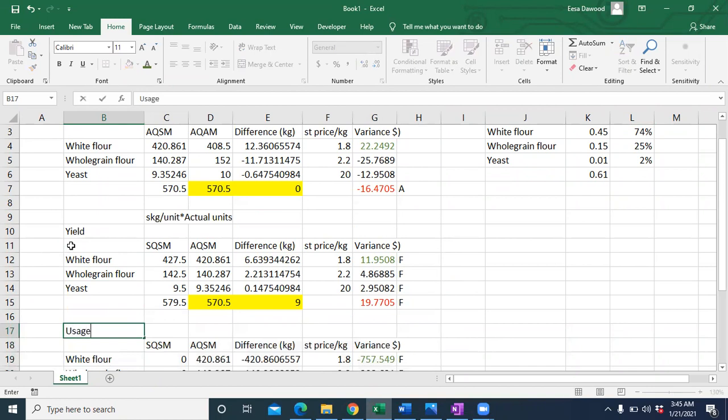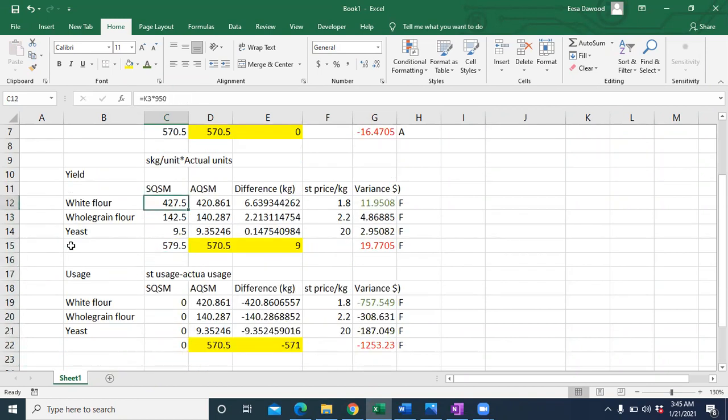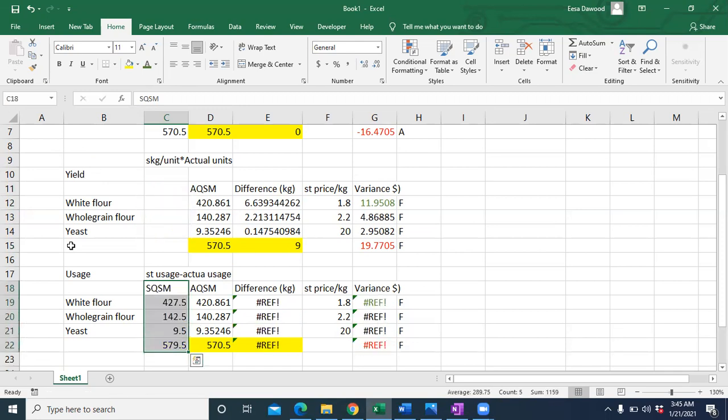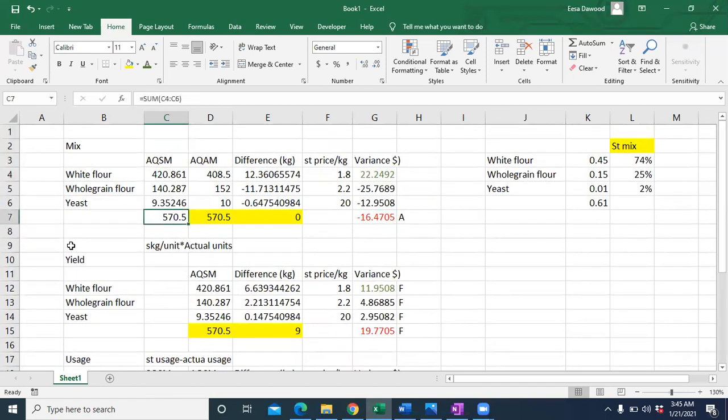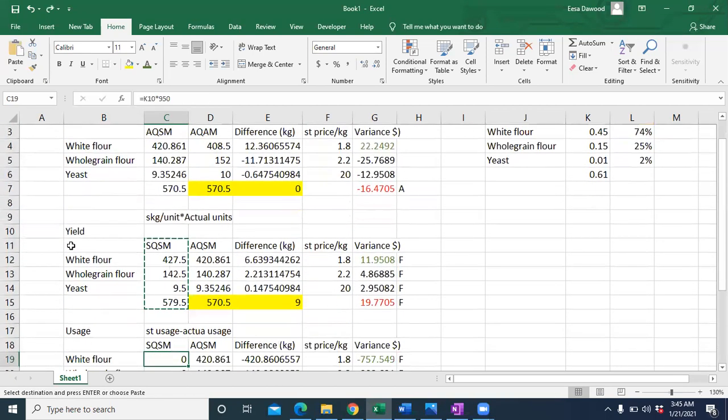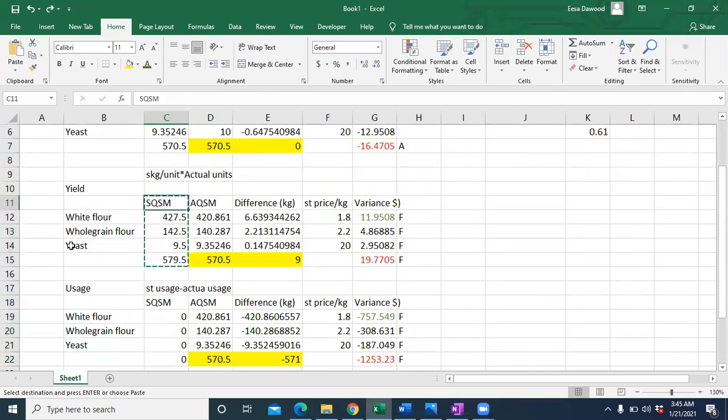This will be for usage variance. What is the formula for usage variance? It is standard usage minus actual usage. What do you think the standard usage is? Isn't this the standard usage? Yes. The first column of this is basically the first column for usage variance as well. You see that here? I'm actually supposed to cut paste it. I'll just copy it down here.